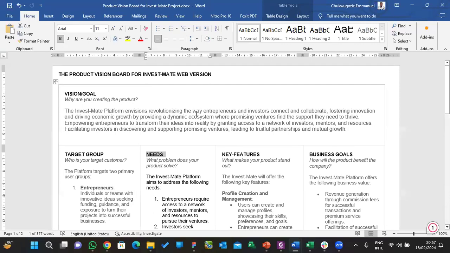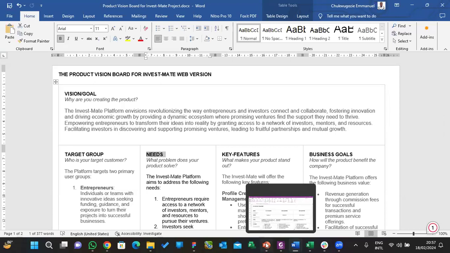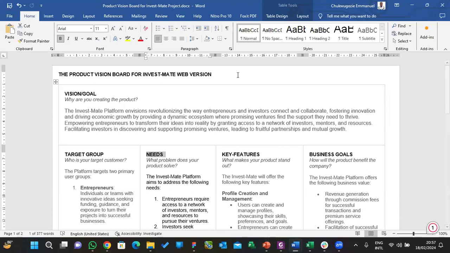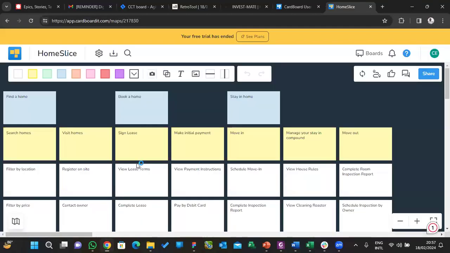The first one is, what is the problem you're trying to solve? Who are you solving this problem for? The third one is, why are you solving this problem? That is the business goal, right? So that is all the summary. So once you have discussed this with your team and shared the product vision with them, the next thing that you need to do is